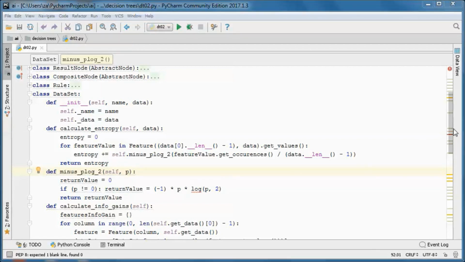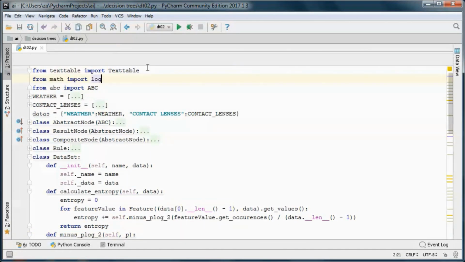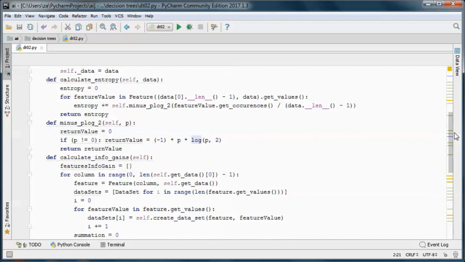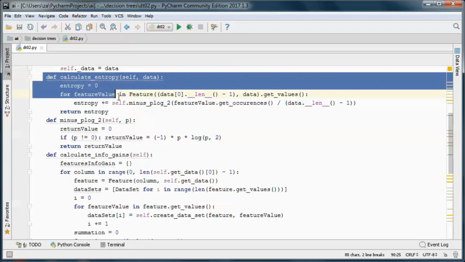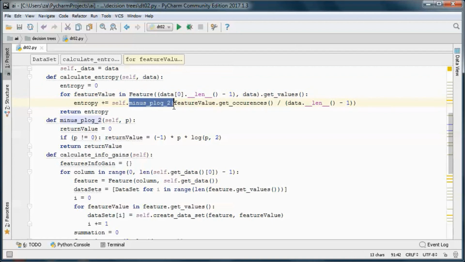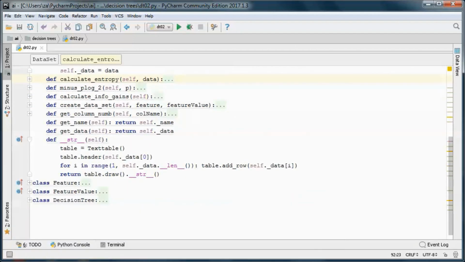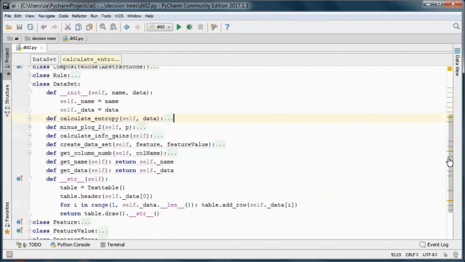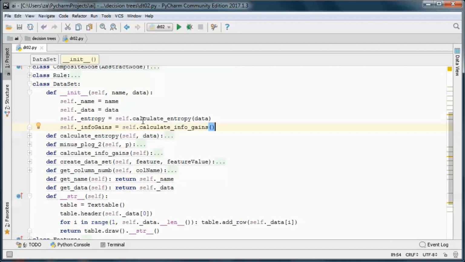and let's go ahead and import log from math. And this one calculates and returns entropy. So it uses minus p log base 2. And here we make use of those two methods.